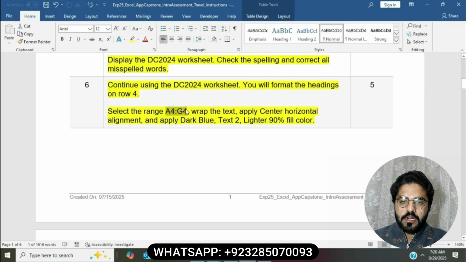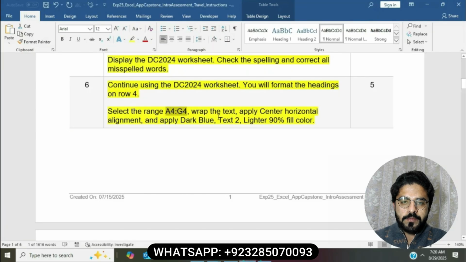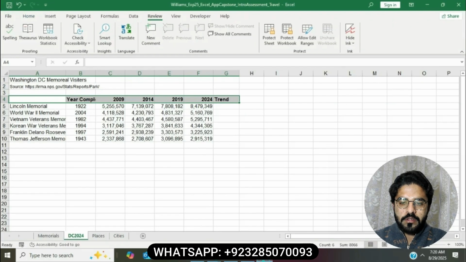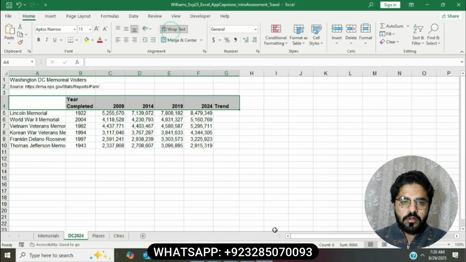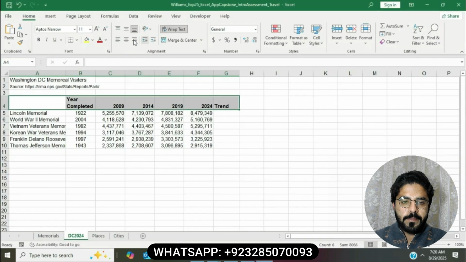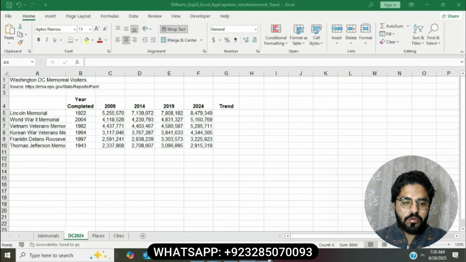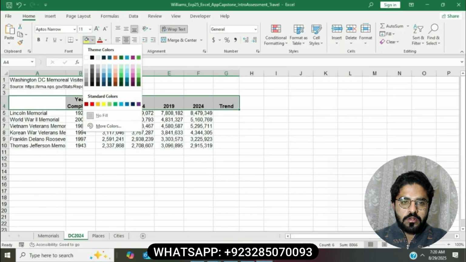First we select the range A4 to G4. Now move to the workbook. First we type the range, select this, wrap the text. First we go to the home tab, then click on wrap text, apply center horizontal alignment. You will go to the alignment section, then click on this center alignment and apply dark blue text to lighter 90% fill color. Go to the workbook, click on the colors,